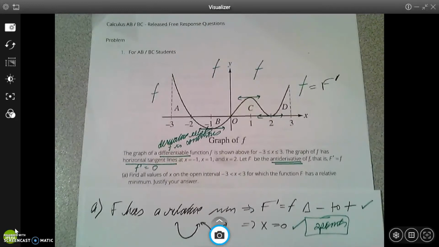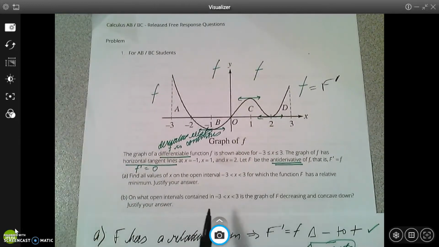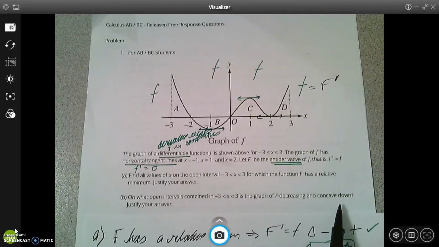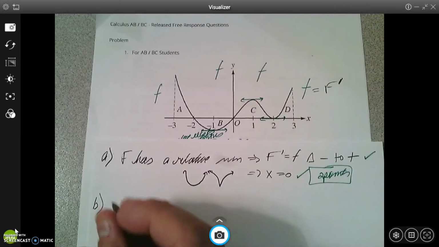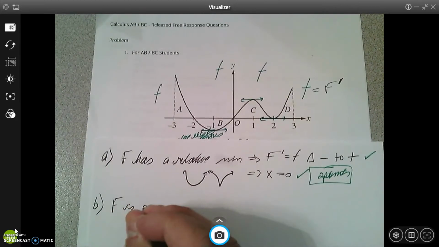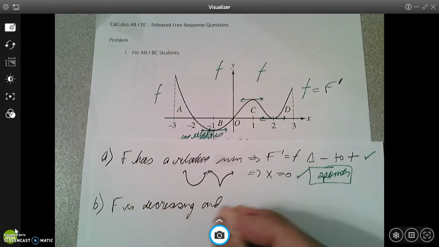Now let's look at part B. Part B, on what open intervals contained in -3 to 3 is the graph of big F decreasing and at the same time concave down? Decreasing and concave down, well, what does that mean? If big F is decreasing and concave down,